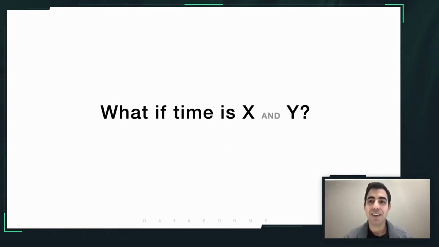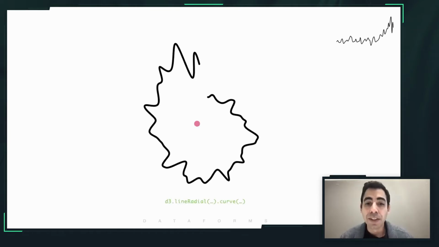But you can get different, kind of neat effects if you start asking strange questions about your data. So normally, time is X and value is Y. But what if time could be X and Y, and your values could be X and Y? What does the data start to look like if you do something like that? So in this example,